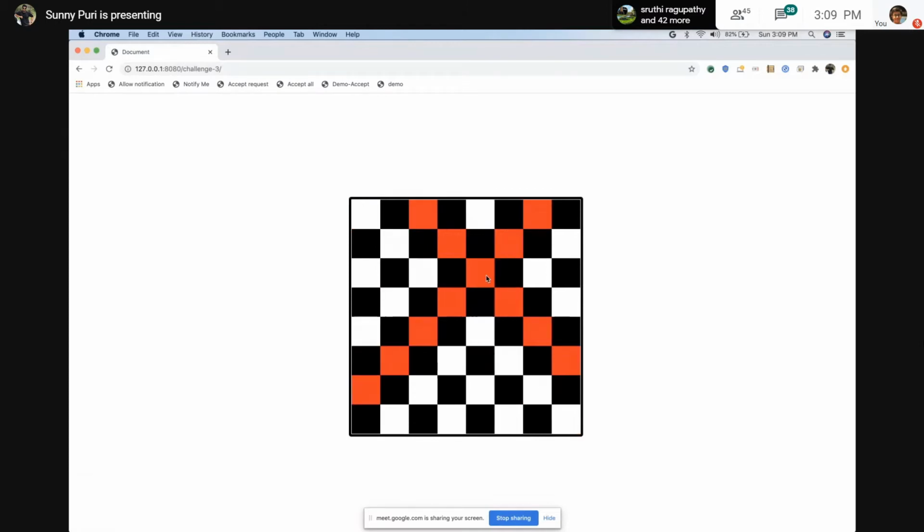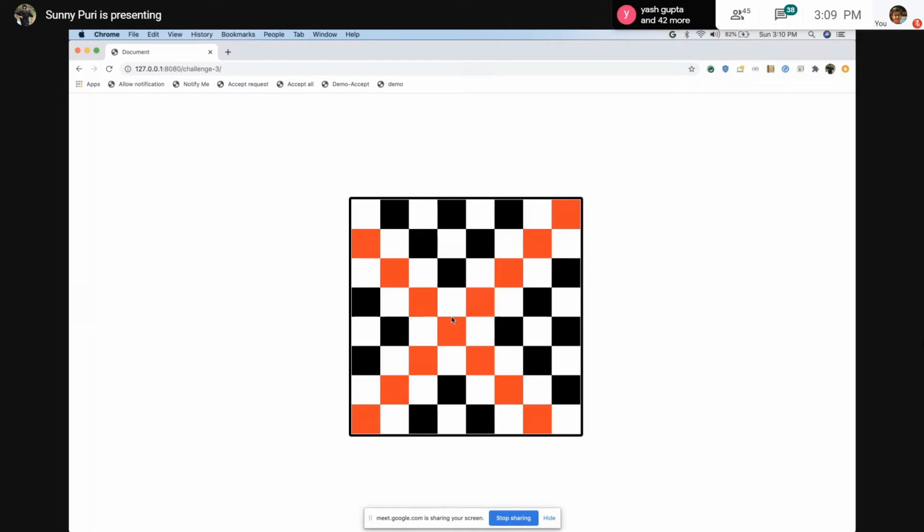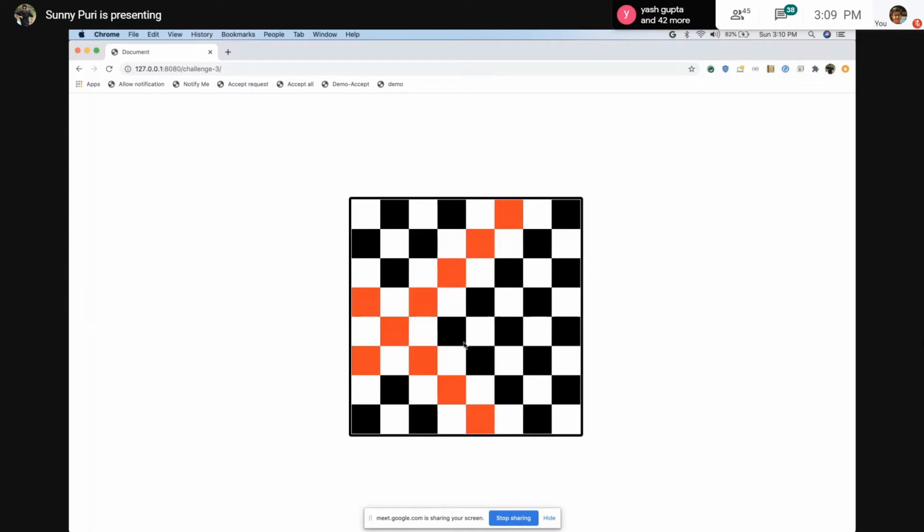If you click again on the chessboard, you have to reset it. You have to reset the previous active state and draw it again. So, as you can see, we are drawing it again after resetting it. We have multiple use cases and multiple corner cases. Second, if you see the console, there should not be any error. These things you have to take care of. As soon as I click outside, you have to reset it. So this is the expectation of the whole challenge 3.